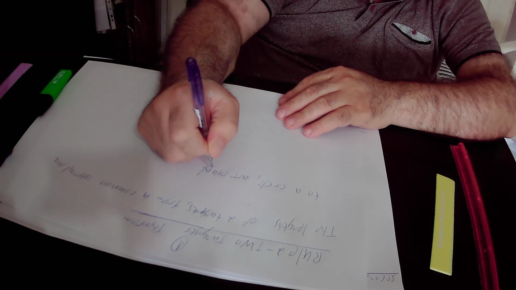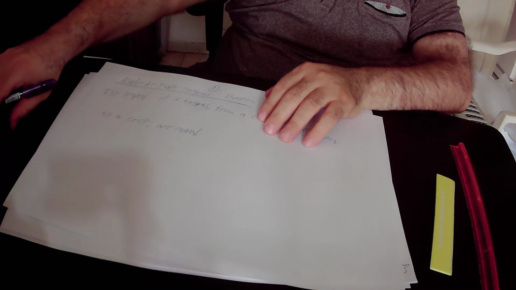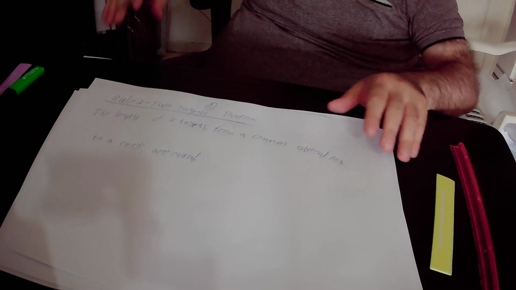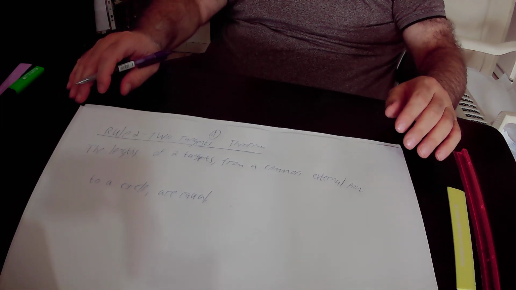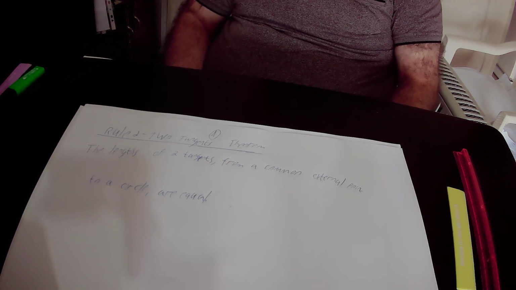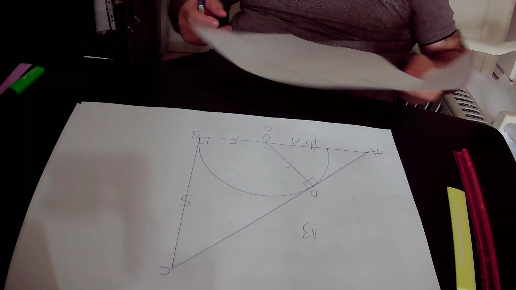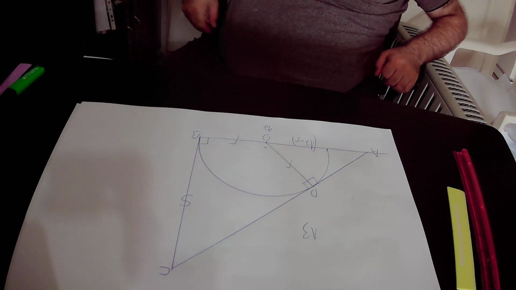So I will read rule number 2 of the two tangents theorem again. According to rule number 2 of the two tangents theorem, the lengths of two tangents from a common external point to a circle are equal. So what is the meaning of rule number 2? The meaning of rule number 2 is that if we have a circle